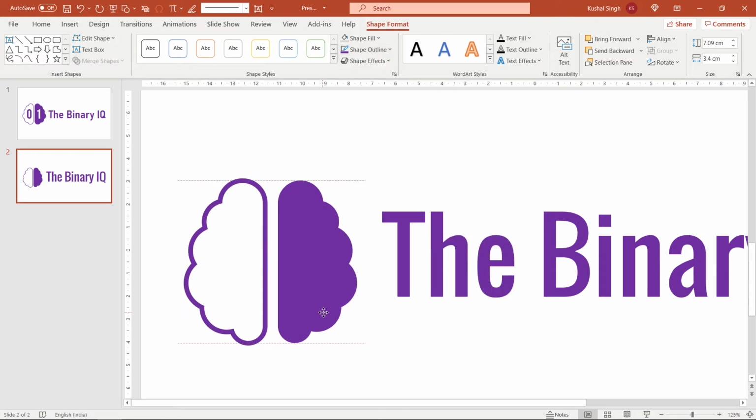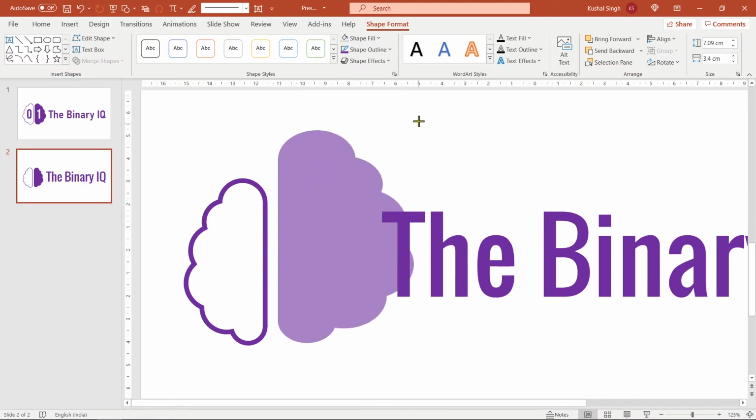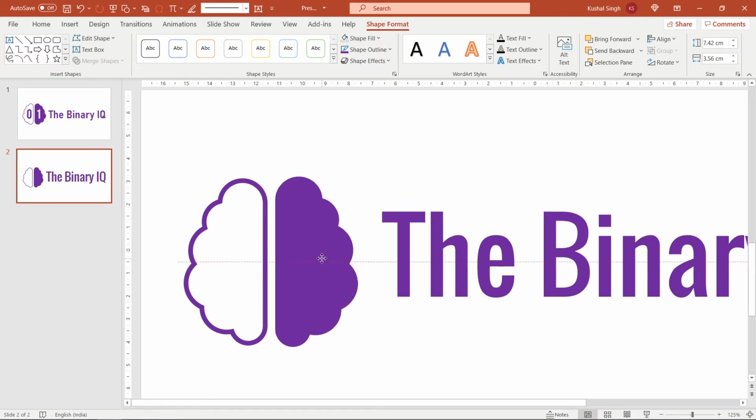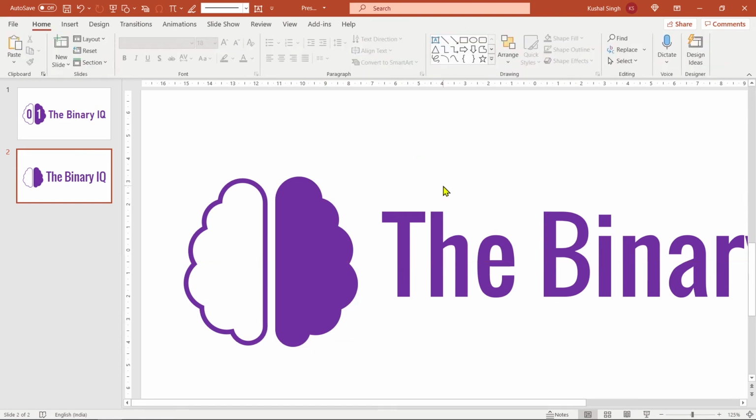On the right side, you can see the shape has slightly reduced, so I'll need to increase the size of it. Now, if you just hold the corner and try to increase it, you can see you are disturbing the aspect ratio. But if I hold down the shift key, you can see the aspect ratio is working fine. But right now it's increasing from the left bottom. However, if I hold the control key, now it's moving from the center. So I'll just eyeball it, and this one looks good enough. So my left part of the brain and the right part of the brain are done.